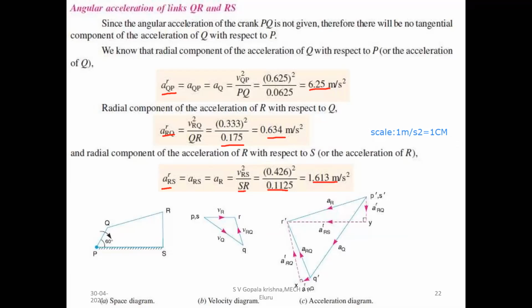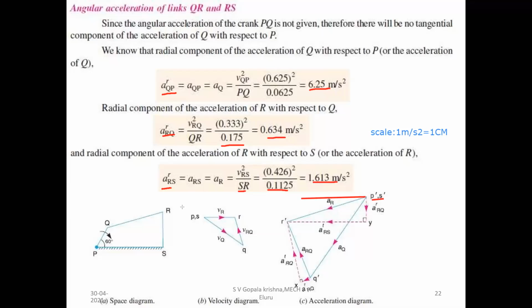Now you have to take one horizontal line. First, take one horizontal line here and choose a point. That point is started with the dashes, P dash S dash. So we start with P dash S dash here.